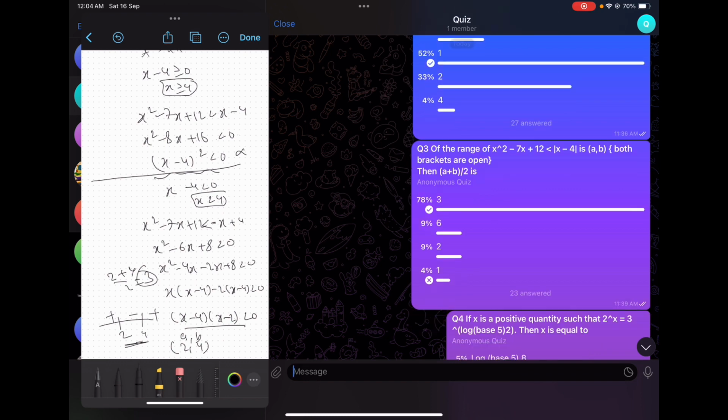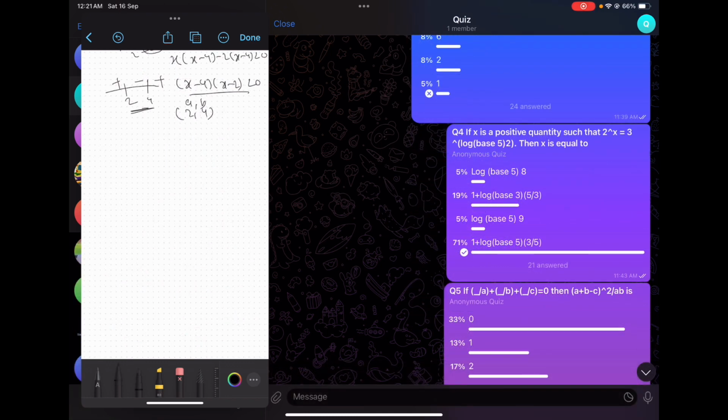Now let's come to question number 4. 2 to the power x equal to 3 to the power log base 5 of 2. Taking log on both sides, we can write it as x log 2 equal to log base 5 of 2 times log 3. Now this log 2 base 5 can be written as log 2 by log 5, into log 3. Here we have log 2, so this gets cancelled. Anyway, it gets cancelled; it will go this side, so this will become log 2 by log 2, so log 2 base 2, which becomes 1, but I'm directly cancelling. So now this is log 3 base 5.